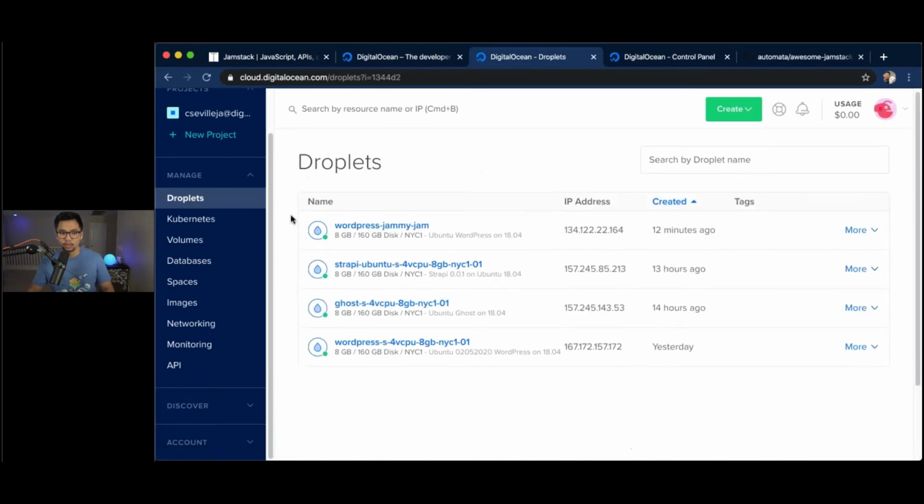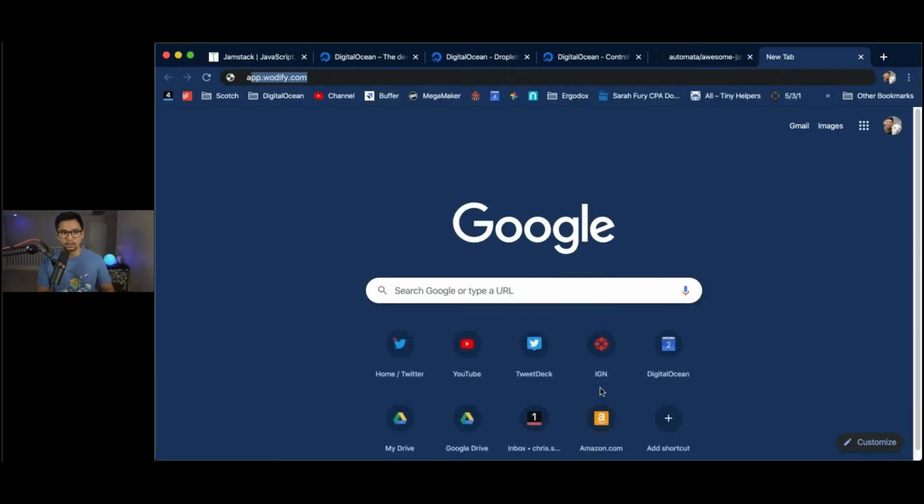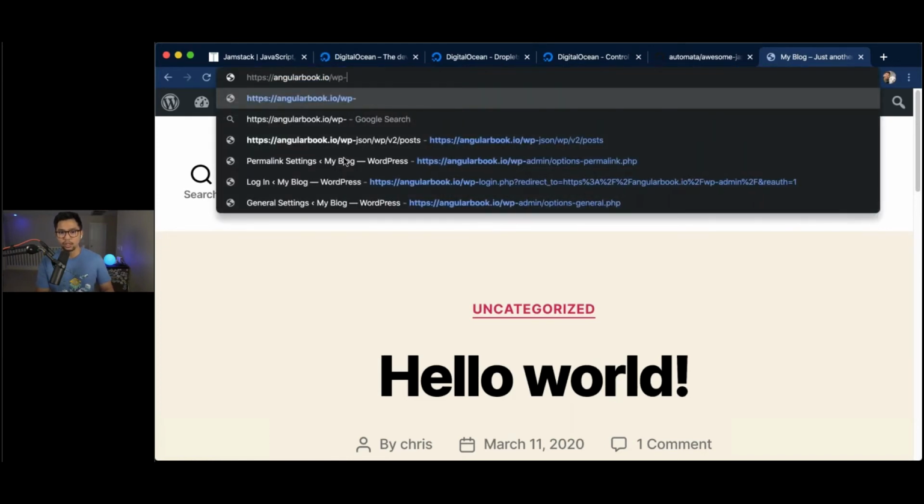I'm sorry, feel free to tell me I'm a lazy bum in the comments, but I have a backup for this special occasion. This one right here I created last night, 167.172.157.172. And the one I have pointing to this is, I believe, angularbook.io. Yeah, so angularbook.io is one I set up yesterday with the same exact setup, but we're probably just waiting for DNS to happen. So angularbook.io/wp-json/